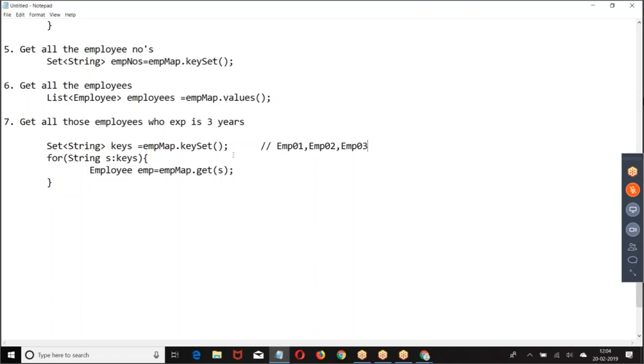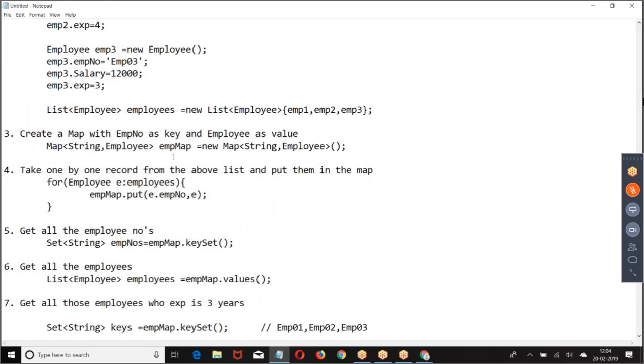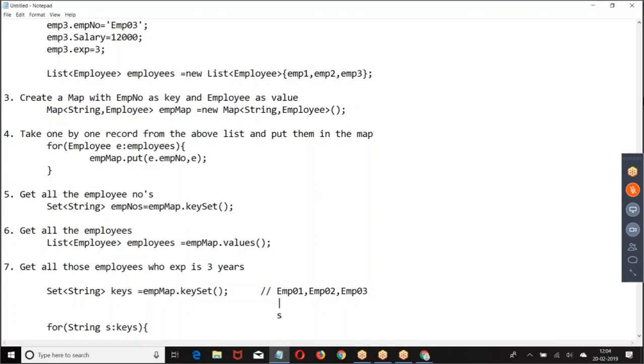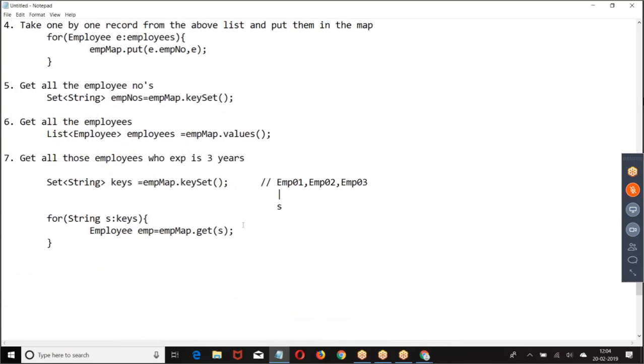These are the keys. Now what is this? EMP01. If I say map.get of EMP01, then we get this complete value. Then I asked: if emp.experience is greater than or equal to 3, then I want them to put in a separate list. So what I told, list of